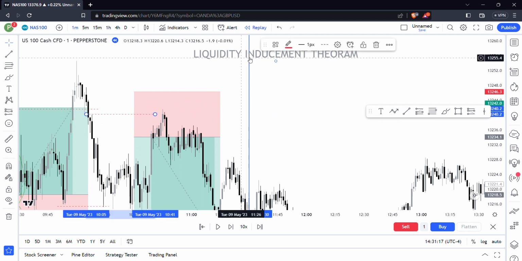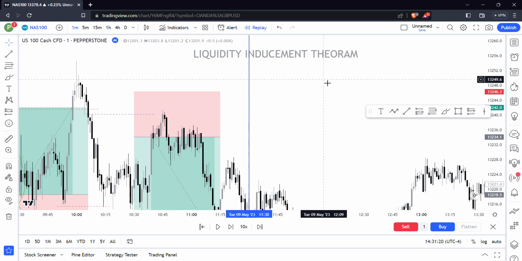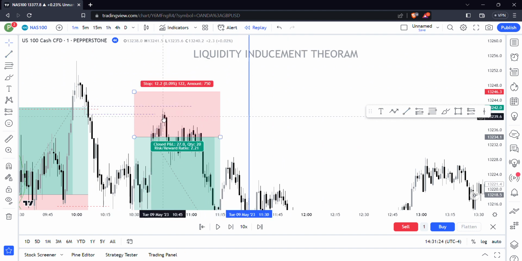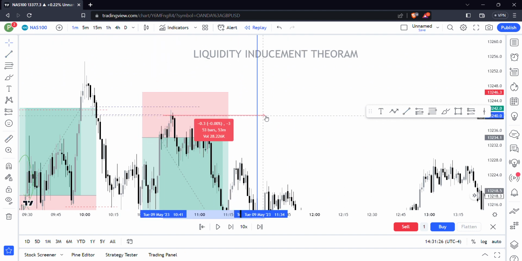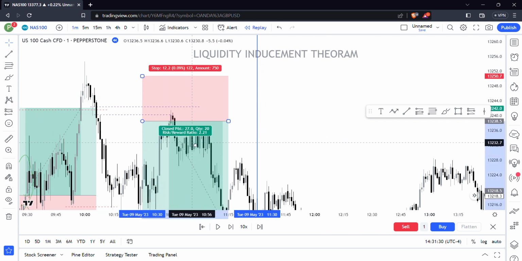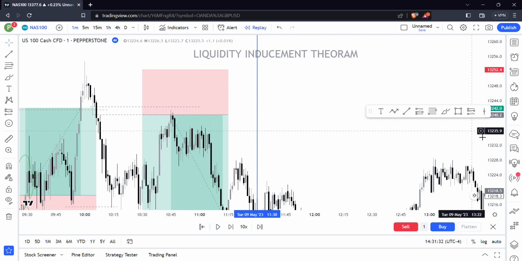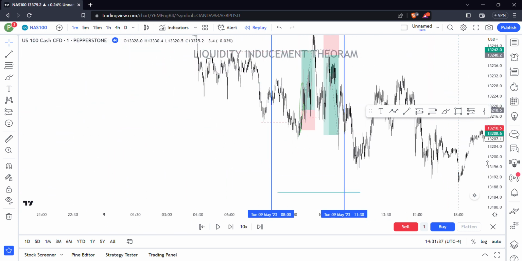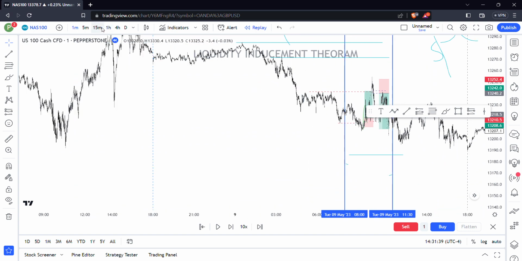Let's use the color violet for the imbalances. And where's the other imbalance? The other imbalance is here. Can you see how the market exactly touched the imbalance and reversed, right? This is what the position in the market is. See, exactly the market reversed from the edge. This is the power of the trading strategy, guys.